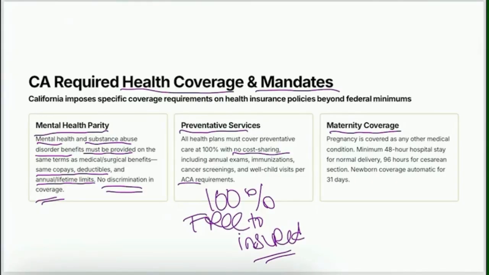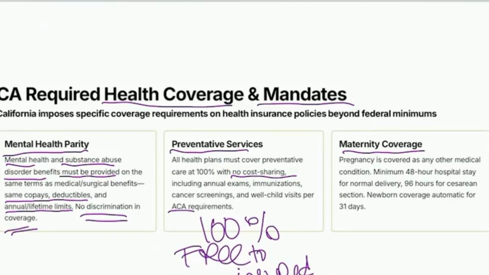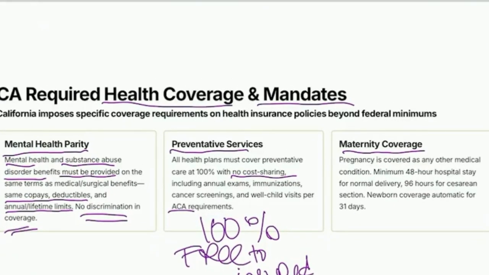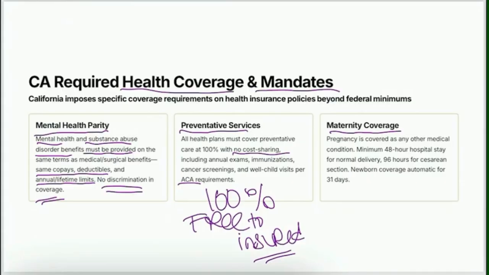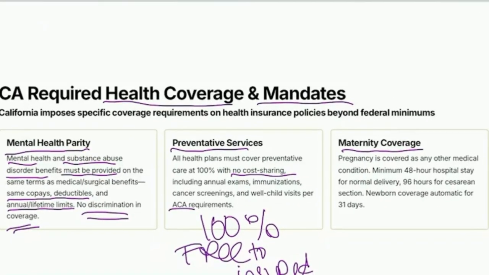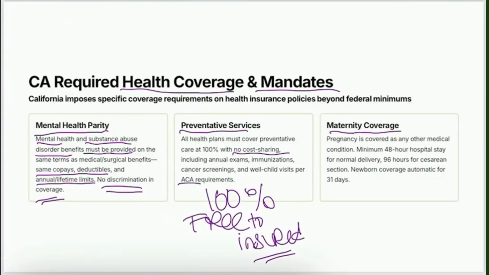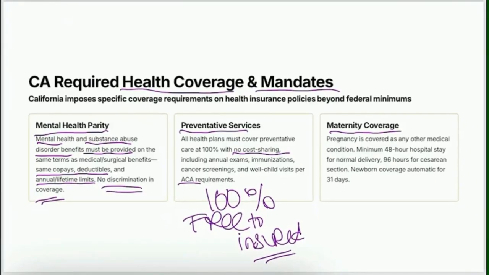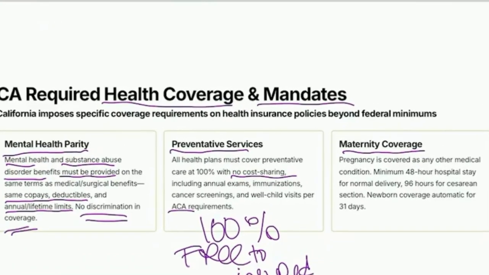Okay, so preventative care is your immunizations, your mammograms, pap smears, cancer screenings, well child visits, your annual checkups, things like that. Because if you are doing those things, those are considered preventative care. You are trying to catch things early on, staying up to date on your health. If you're going in every year and getting your cancer screenings or whatever the recommendation is for mammograms or getting your immunizations, it's going to cost them a lot less to cover those things than when you're coming in with stage 4 cancer that hasn't been caught until now.